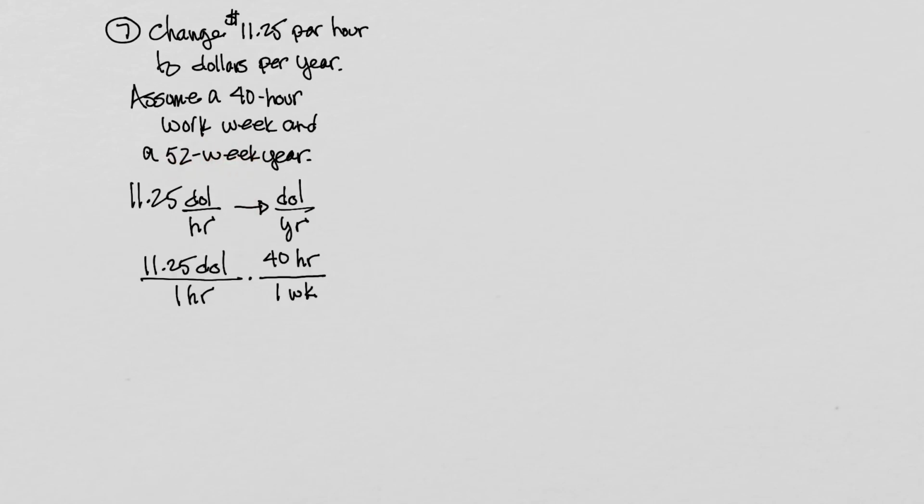So how about if we do this? We want weeks to cancel, so we'll put that on top. How about 52 weeks in 1 year? So I think we'll have this, right? We start with dollars per hour. We get 40 hours in 1 week. And then we get 52 weeks in 1 year. So let's cancel these hours. We'll cancel the weeks. And then what we're left with here is